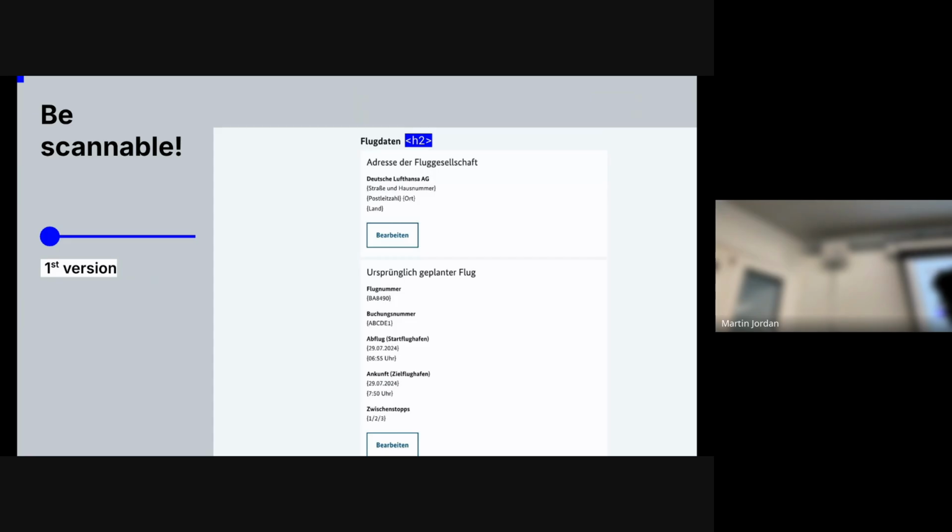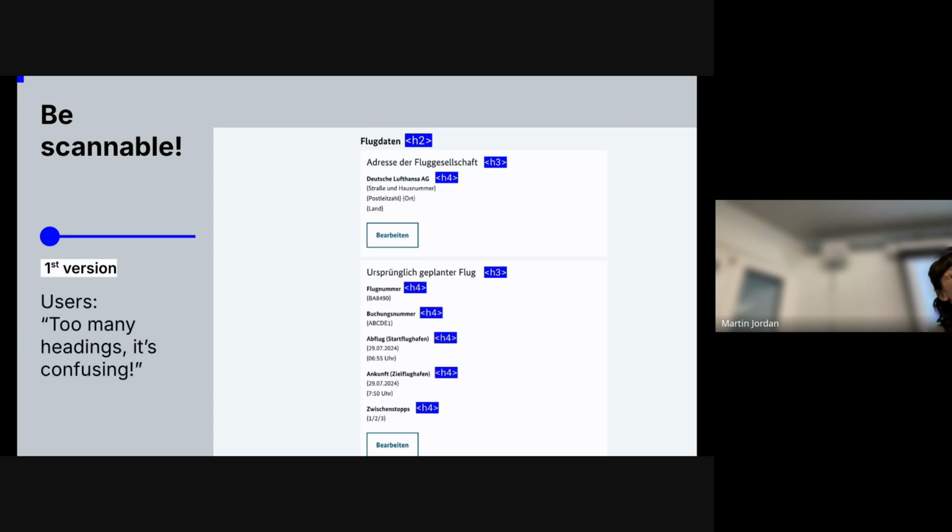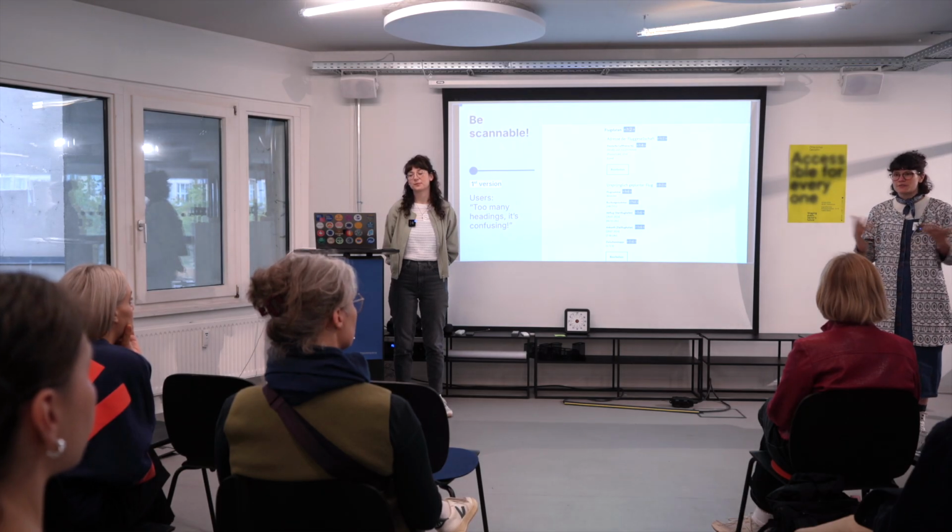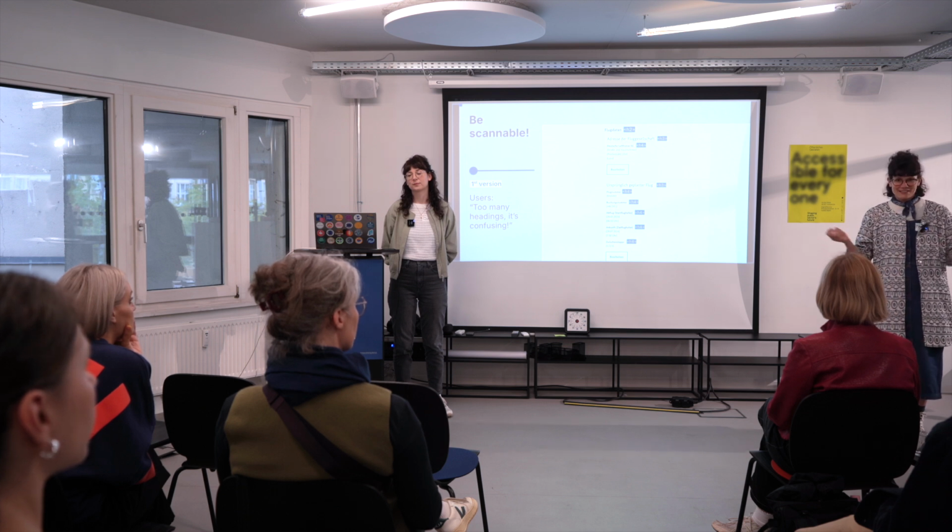So on this page, for instance, we have an H1 here, which was the main title of the page, and then below we have a section for flight data, which is using H2, and below there was a subsection for address of the airline, and then under it another H4 for the name of the airline, and then again with the data related to the planned flights, and then again more H4. And actually the feedback we got from a screen reader user is there are way too many headings there